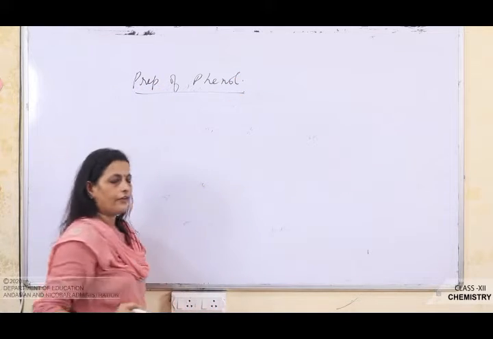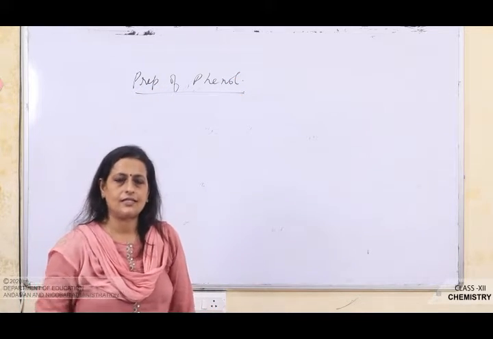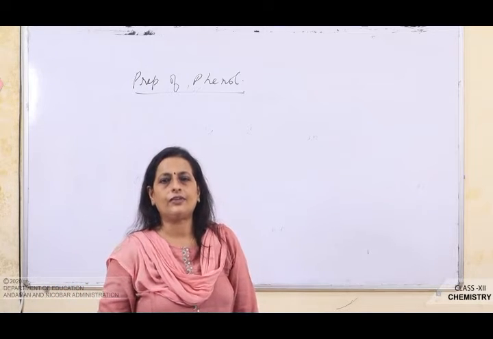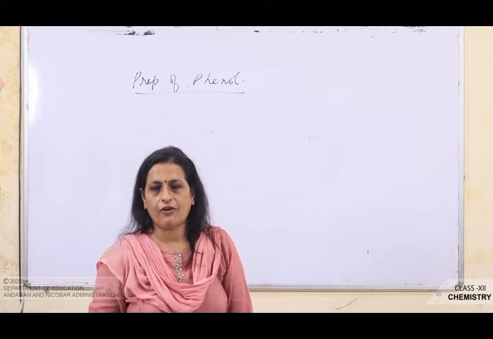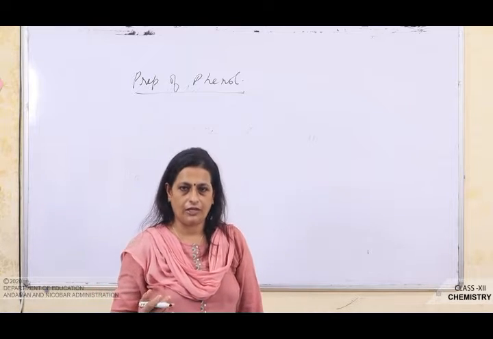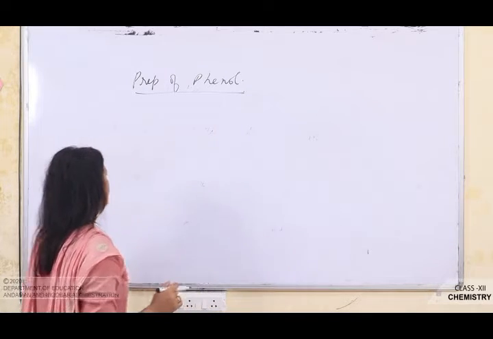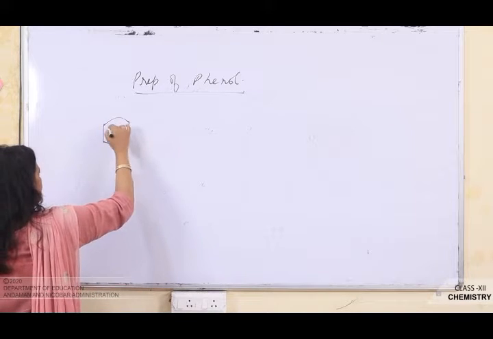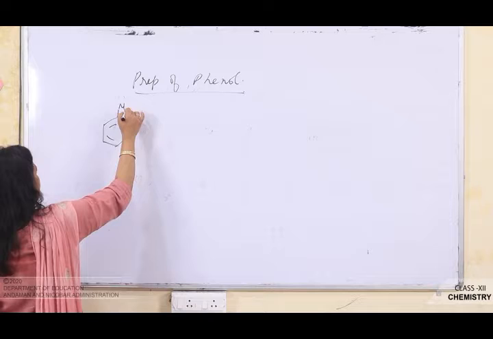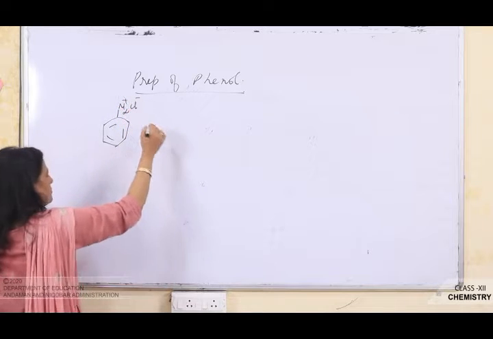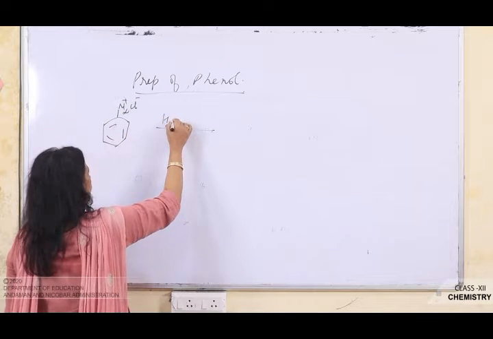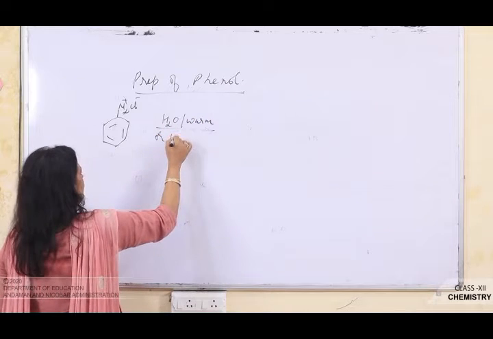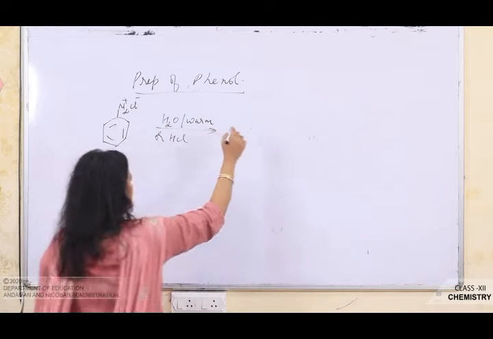The first process we have already discussed, the Dow process. That is, chlorobenzene when treated with sodium hydroxide at 623 Kelvin and 300 atmosphere pressure, followed by acidification, gives you what? Phenol. The next method is from benzene diazonium chloride. Benzene diazonium chloride, or benzene diazonium salt, when warmed with water or on treatment with HCl gives you phenol